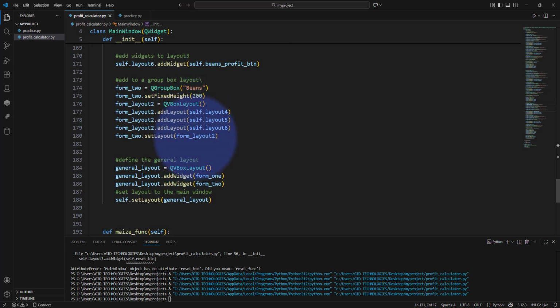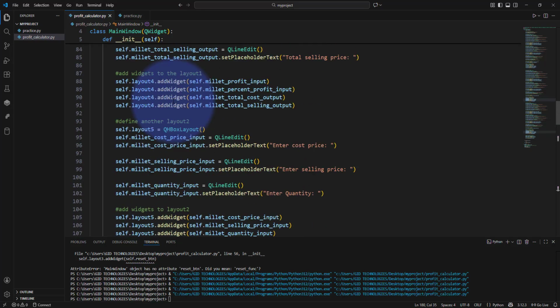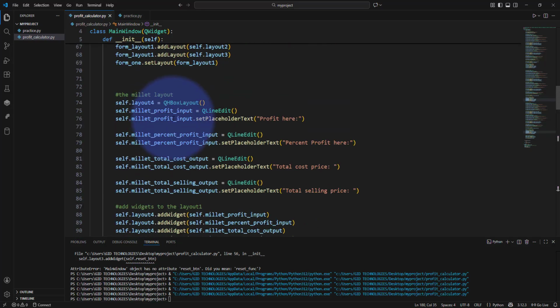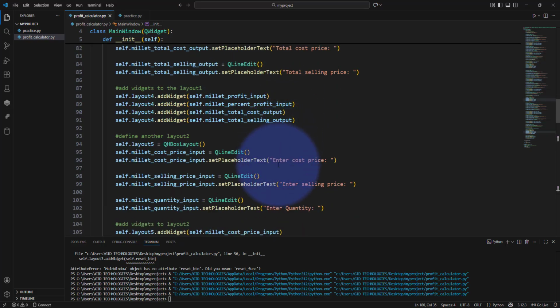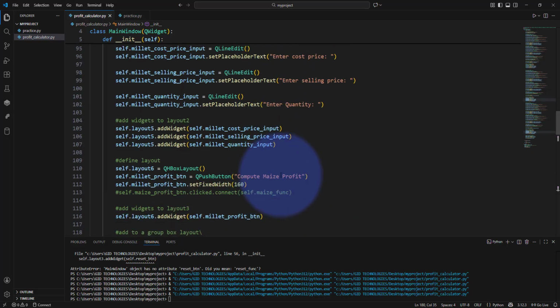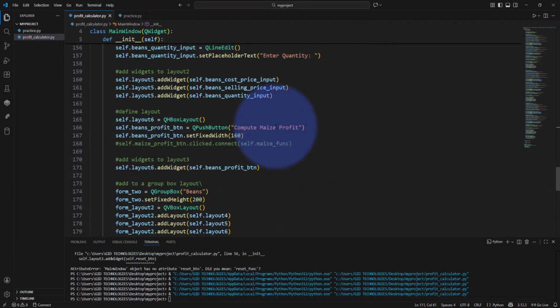So we shall go and see the one for millet. It is in between here. The millet layout, in some position like this where I used compute maize profit. This will be compute millet profit. And when you come down here, change this to beans profit. So for millet,